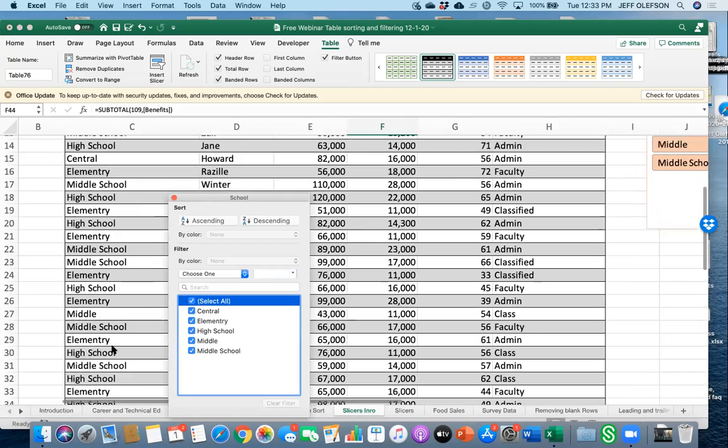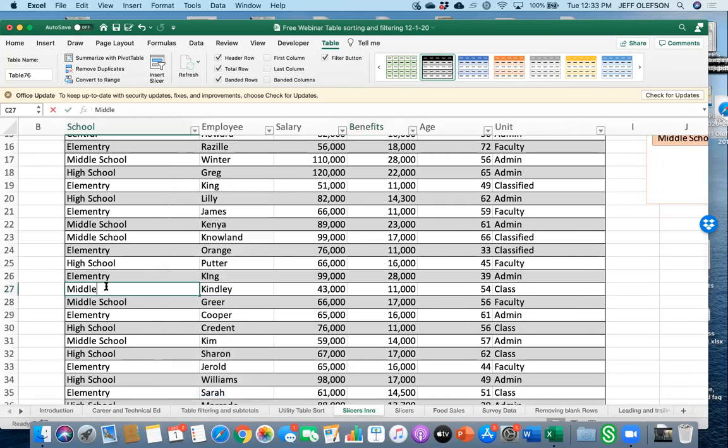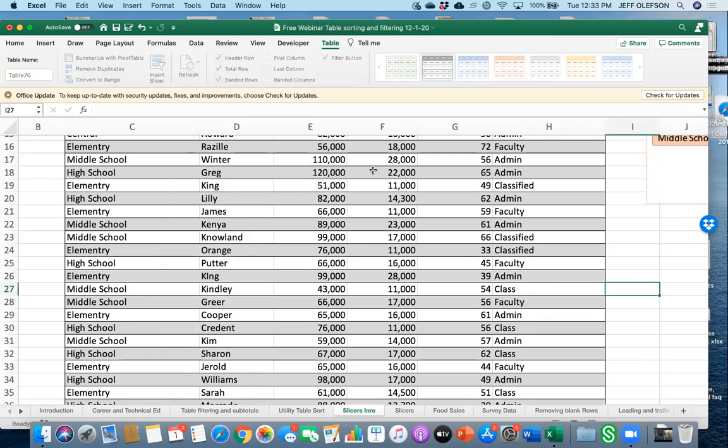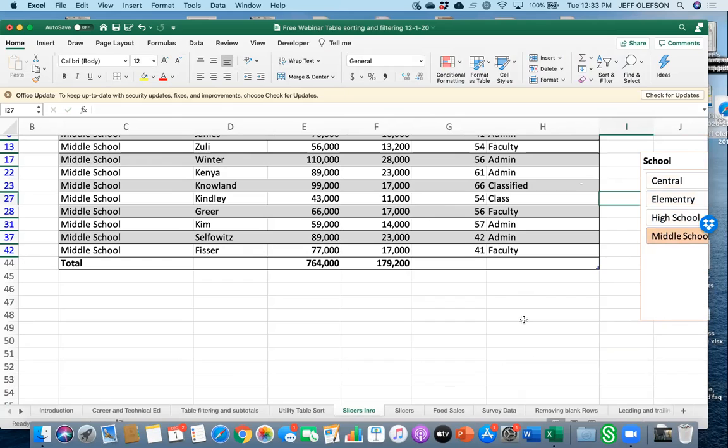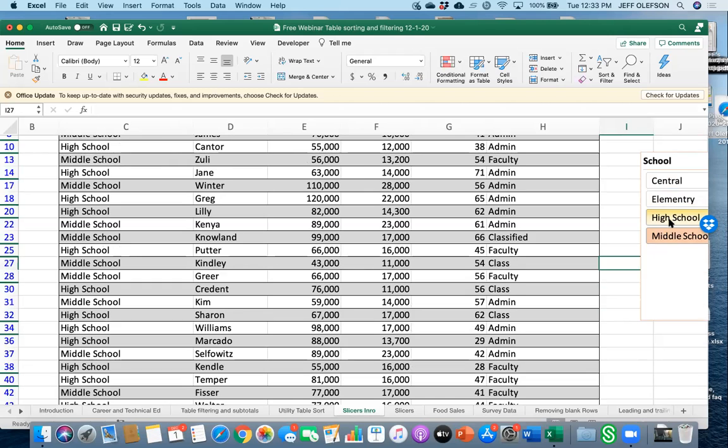So let me see where it is. Somewhere I have middle instead of middle school. There we go. Okay, and that should resolve that issue. Okay, got it? Now again, if I wanted to look at high school and middle school, I would just hold down both,